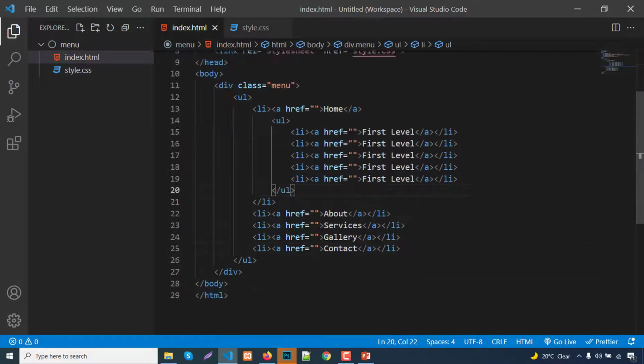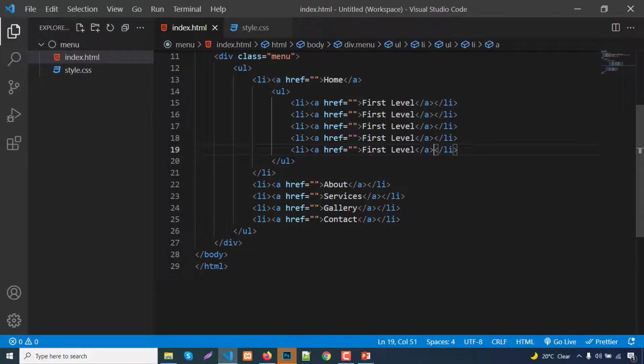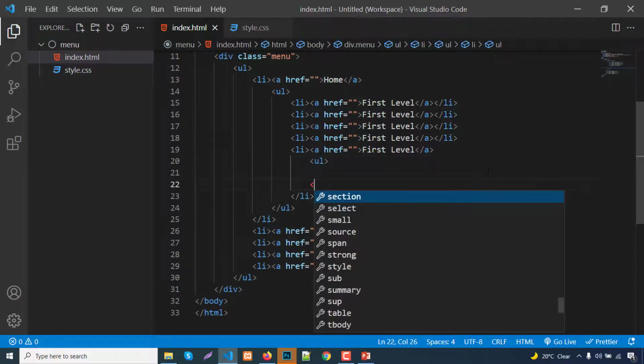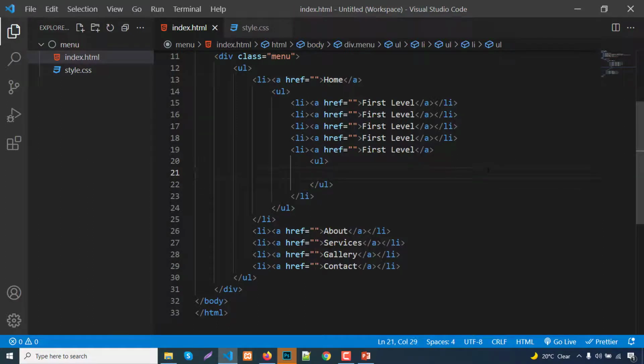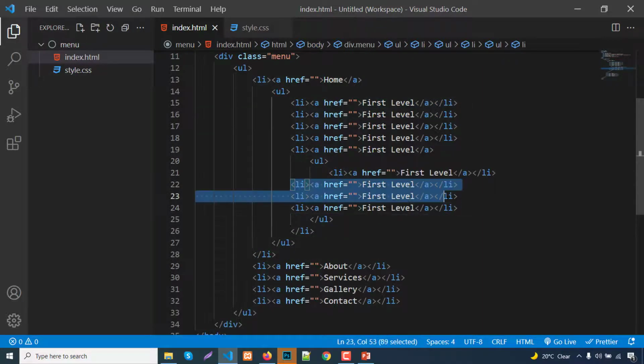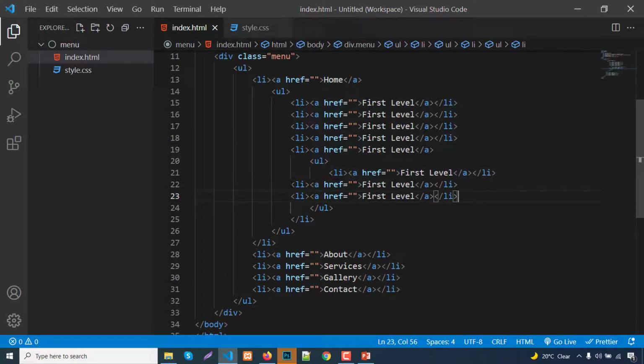Back to index.html, where before the ending li, we add another ul, and just write or copy those lines again. We can keep 3 lines, which is perfect. Change the text to second level.